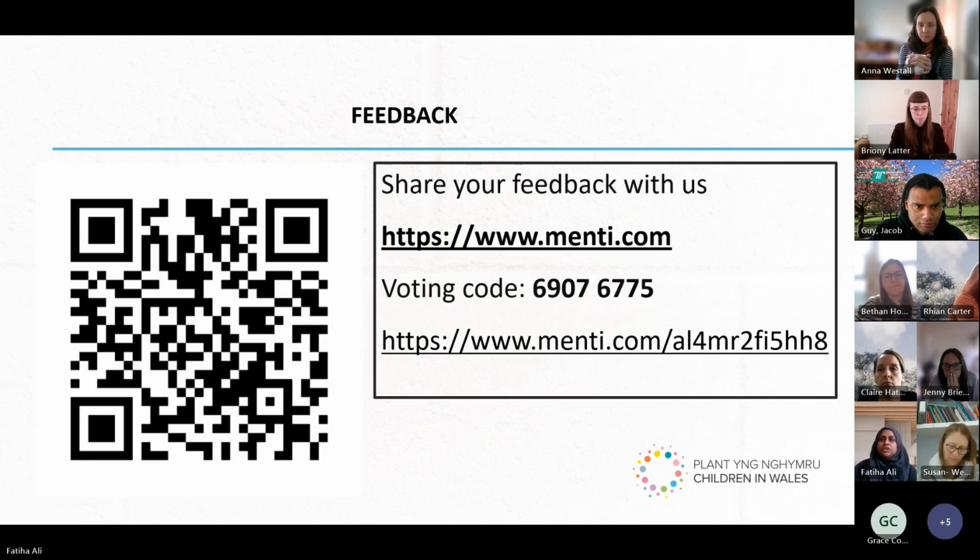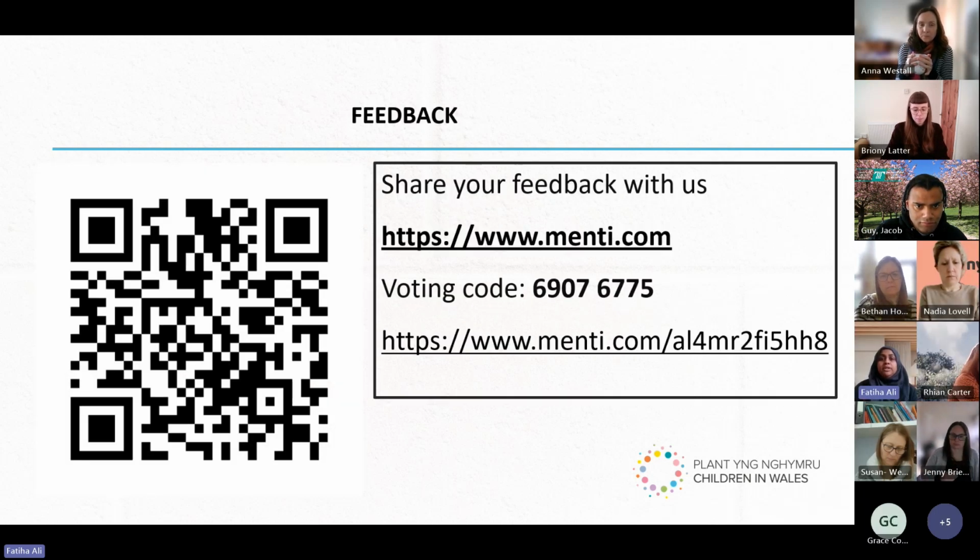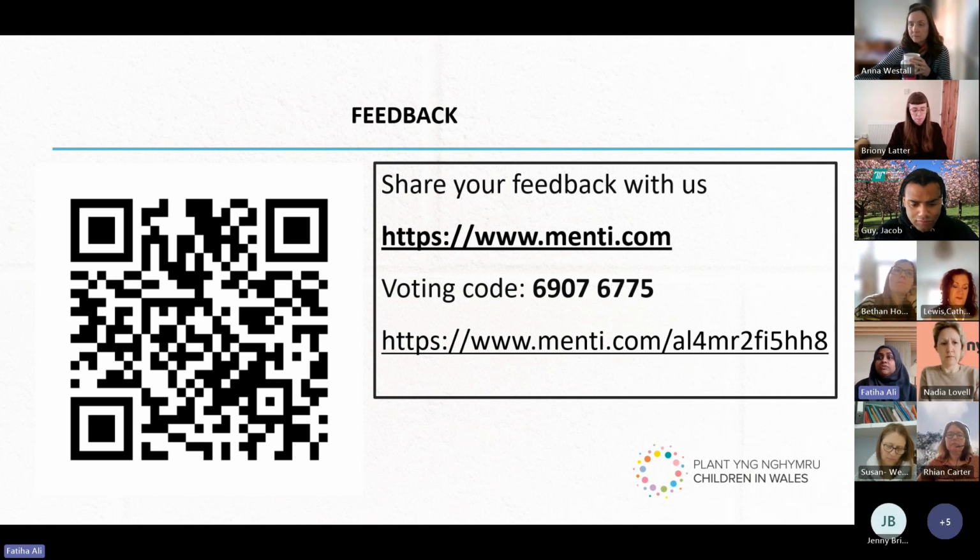So just to ask for some feedback on today and the toolkit as well, we've put together a quick Mentimeter. So if you could have a go at that. And it's also one of the methods you could look at when engaging with parents. We've used it in the past with parents and it's been really successful. We've had really good engagement from parents whenever we've used a Mentimeter poll. So it would be really appreciated if you could fill in this quick form. It's only 3 or 4 questions, just to give us some feedback on today. Really appreciate that.